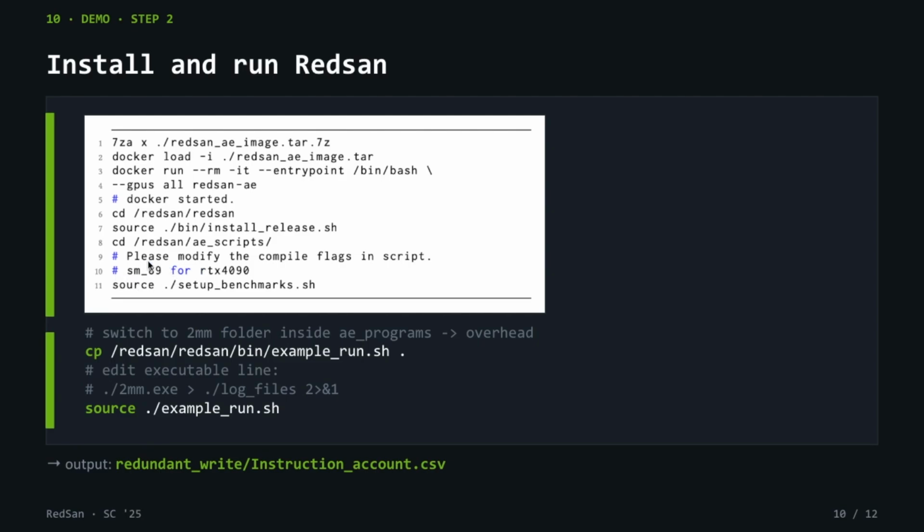that you have to modify to your computer's actual GPU hardware. For me, it was SM75, but depending on your GPU model, it might change. You have to do that, and then you have to run this command, source setup benchmarks. This will basically compile all the benchmarks that this paper uses, like all the different programs, including the 2mm program